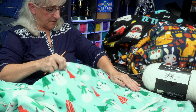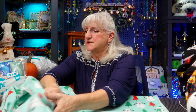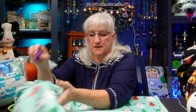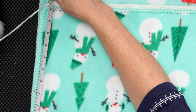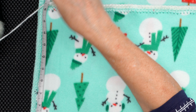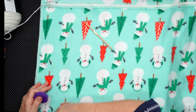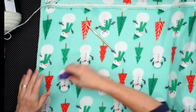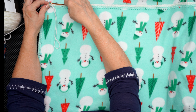Did I bury that little measuring tape? 16 inches. Start up here, come down to there. Close enough. I'm going to go with it. This time I don't have to put a stopper there because this is going to curve in on itself and it's going to hold. So I'm going to take my stitch,